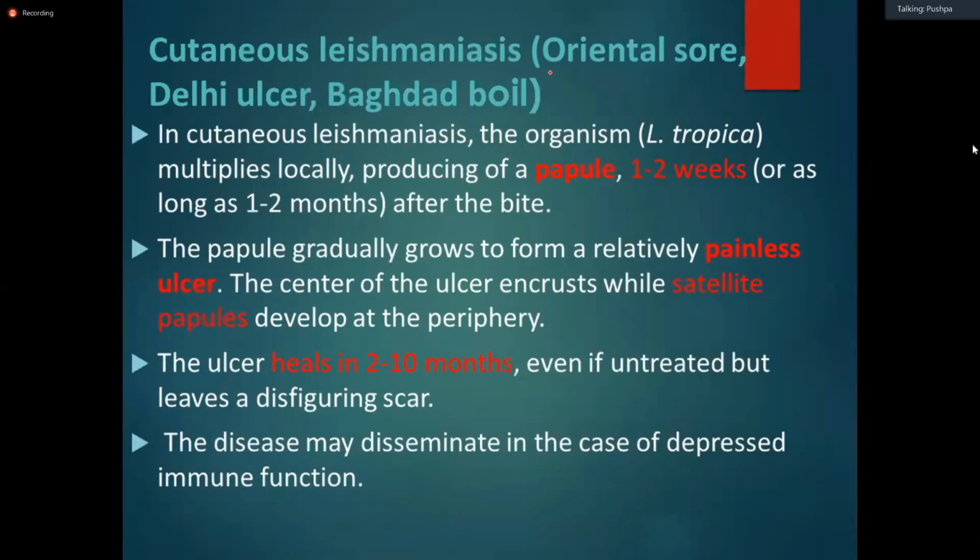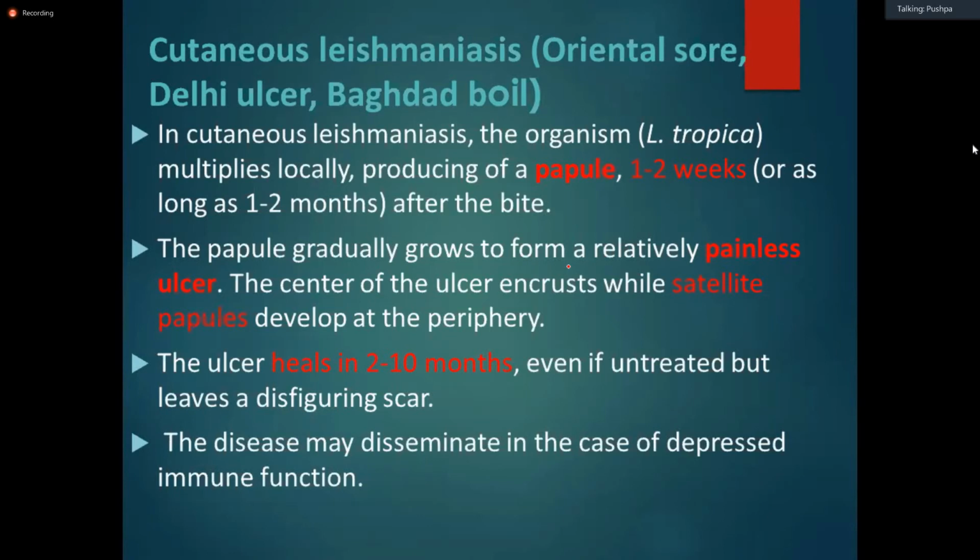Cutaneous leishmaniasis, or oriental sore, is named after the place where it was first diagnosed or detected, like the ulcer known as Baghdad boil. In cutaneous leishmaniasis, the organism is Leishmania tropica. It multiplies locally, producing a papule one to three weeks after the bite. The papule gradually grows to form